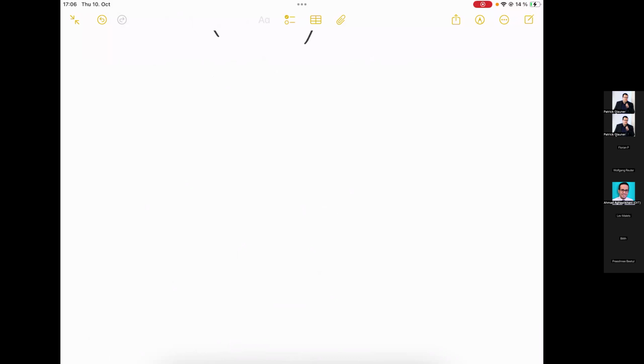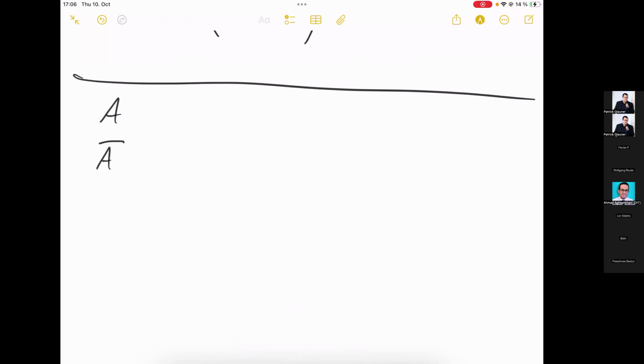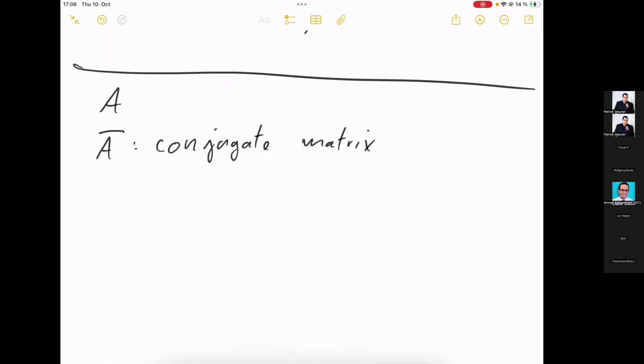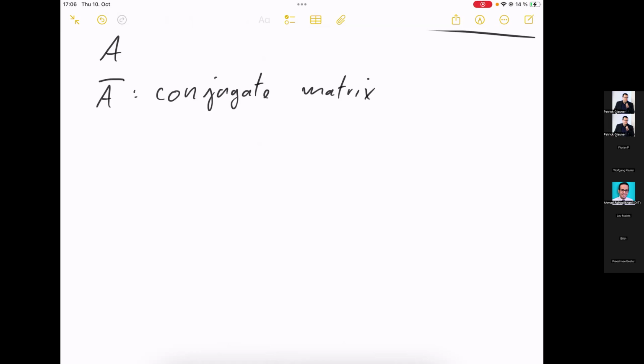So we have a matrix A, and we have something that is called A bar. This is the conjugate matrix. It's all well typeset in the slides. You remember the concept of the conjugate of complex numbers. This just meant we are inverting the sign of the imaginary part, and we can apply such a concept also to matrices. Imagine we have a 2 times 2 matrix,